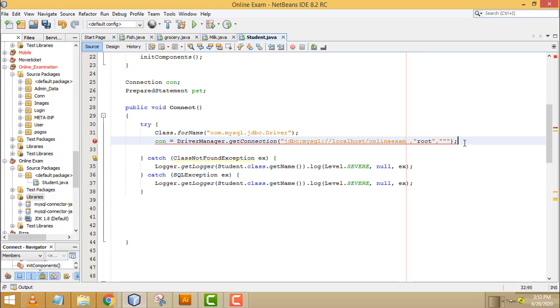I write here. The problem is I have to add the root, right? Root. You have to write the extra one, that's the problem, right? Again an error, what is the error?